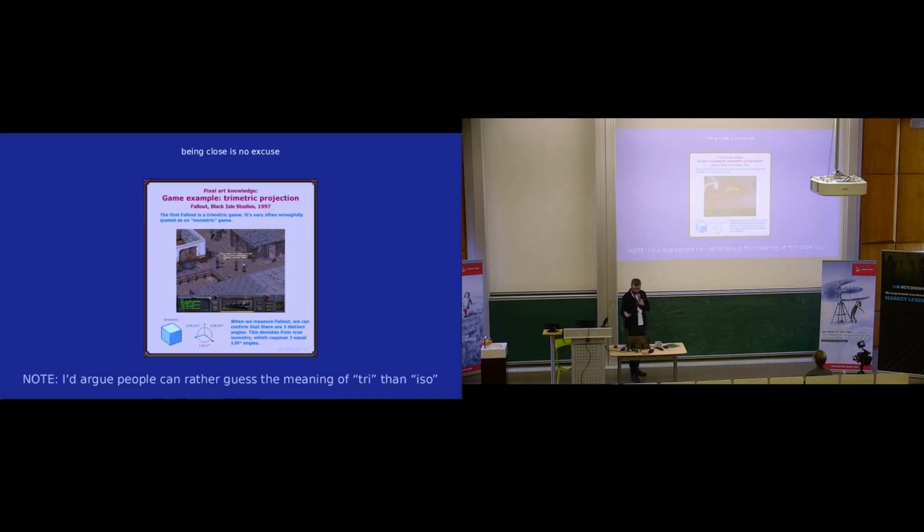And so games like Fallout, which is in every list of the best isometric games, is actually a trimetry. And so here is my argumentation. If you look just at tri and at iso, and you ask 100 people, which I actually ended up doing, shockingly all people know what tri means, but only 10 out of those 100 people guessed what iso means. So why don't we call those games trimetric games? Because isometric is even more special and it does not really make sense.